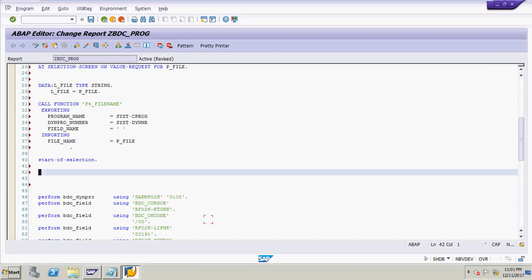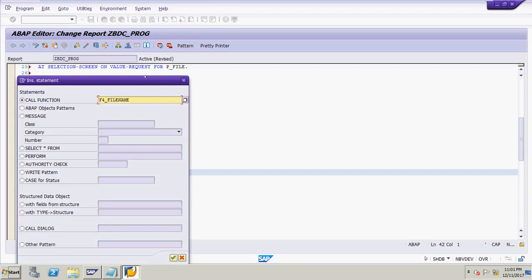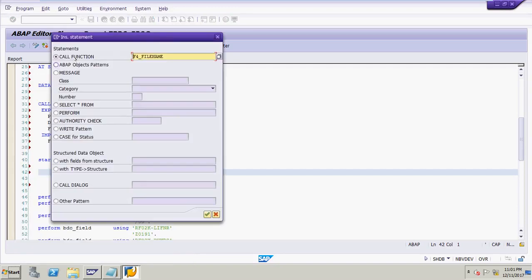And now GUI_UPLOAD. Click on the Pattern button again and select the radio button Call Function. Now write the function name GUI_UPLOAD. It helps to upload the data from a non-SAP system to the SAP system.